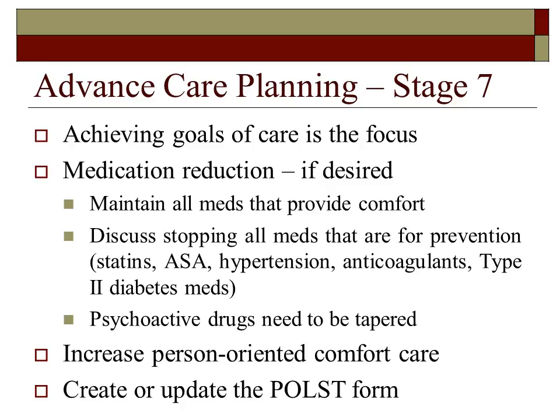And in my mind, there's only 2 kinds of medicines. There's medicines to make you feel better, treat symptoms, and there's medicines to prevent problems from occurring. So things like statins and hypertensives and anti-diabetic drugs are all to prevent something from happening in the future. And there's little reason for continuing those drugs if the goal is not to live a longer life, no matter how much suffering I have to go through. In fact, if the goal is to not reach a certain stage, like stage 7, then there's good reason for